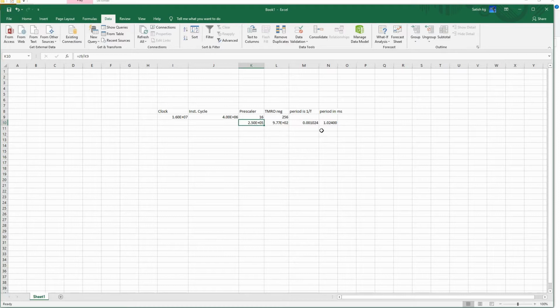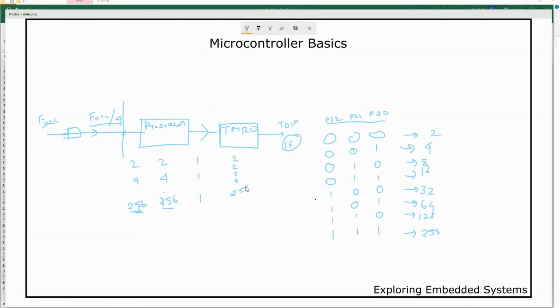So here I can do something else. I earlier told you that this increments from 0 to 255 and then rolls over to 0. So what we can do here is, when it rolls over to 0 and generates this interrupt flag, we can write 5 for example. Then instead of starting from 0, 1, 2, 3, 4 and all, it will start from 5 and come to 255. Or you can start from 200 also and come to 255.